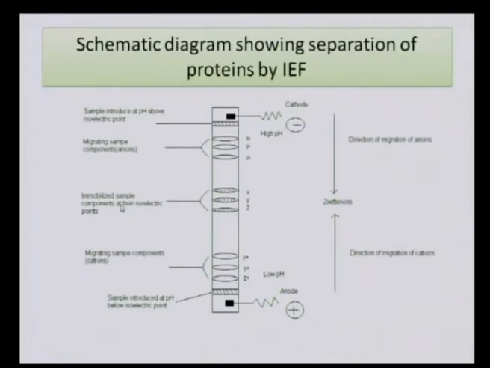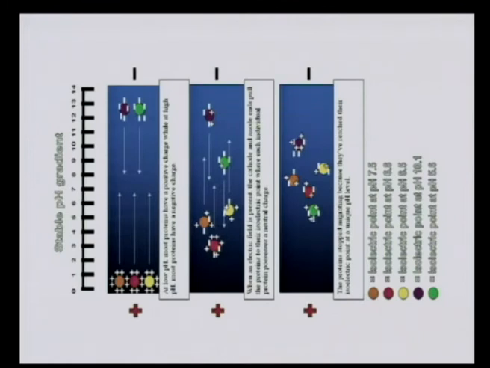In the middle, you can see these bands, which are distinct bands of the distinct samples. In this slide, we are trying to explain with a colorful image how the separation is achieved. On the left side of the image, there is a stable pH gradient ranging from 0 to 14, from high to low. Towards the cathode it is high and towards the anode it is low. A molecule introduced at low pH will have a positive charge, and a molecule introduced at high pH will have a net negative charge.